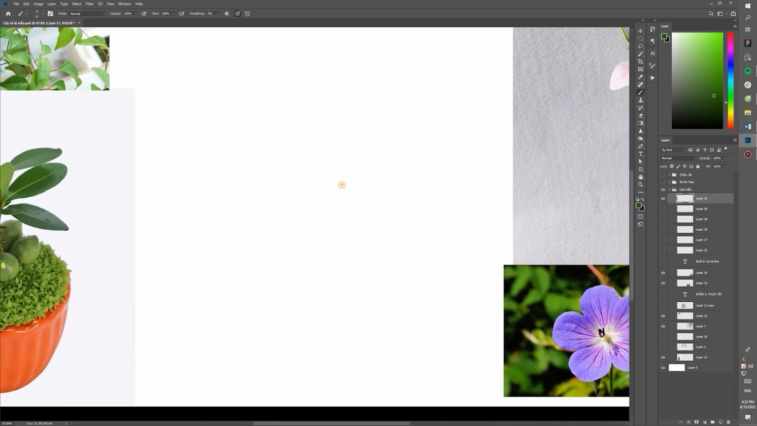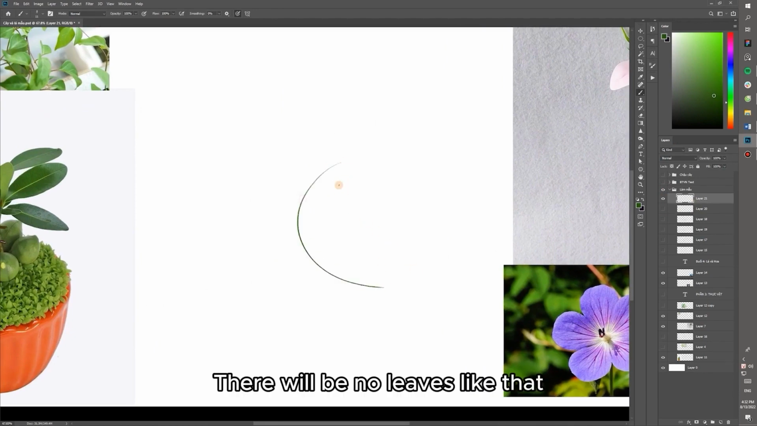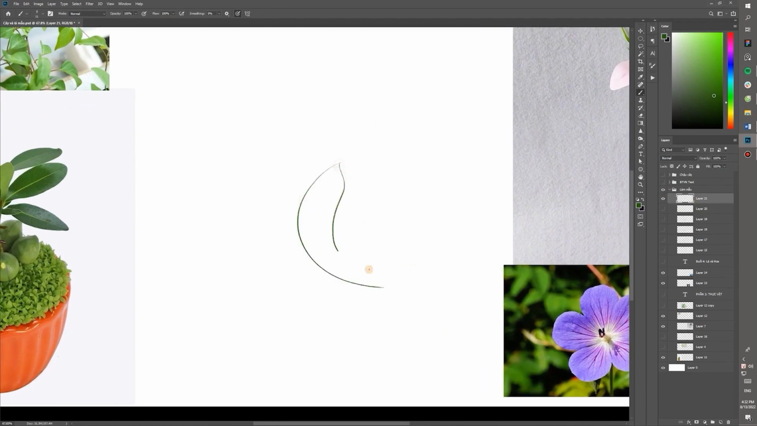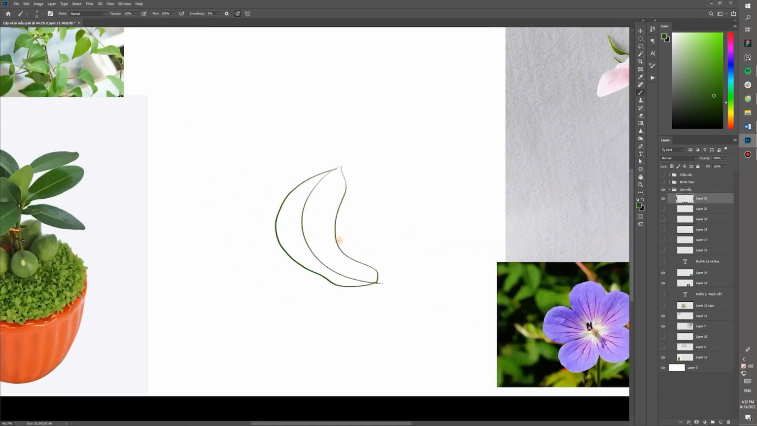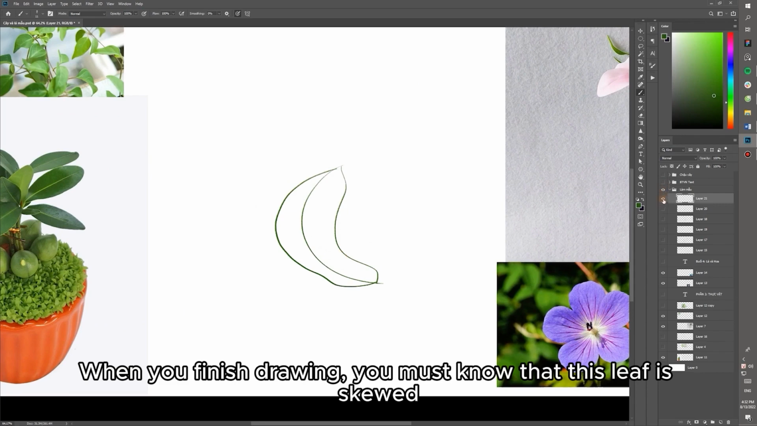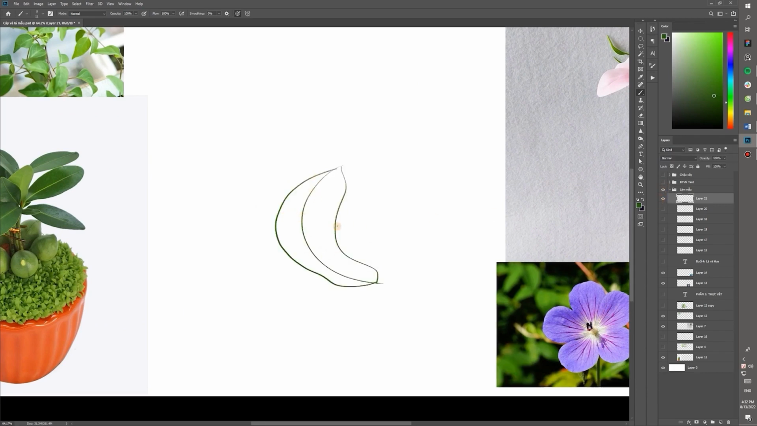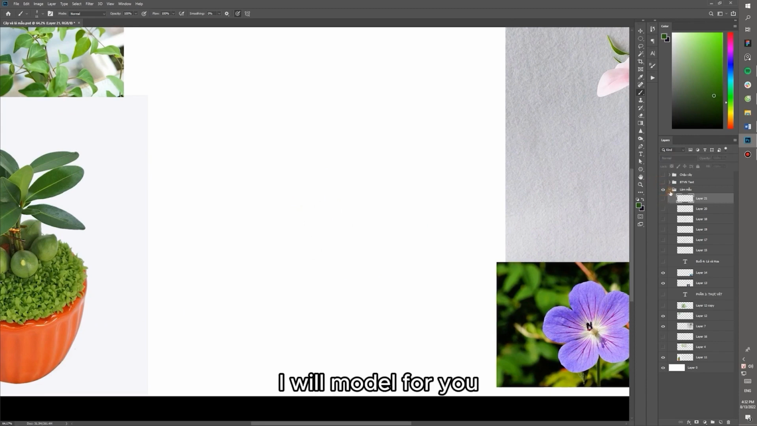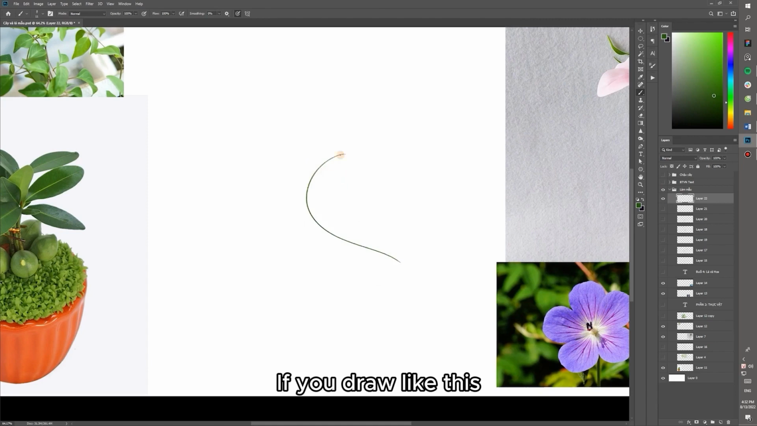Like this. There will be no leaves like that. When you finish drawing, you must know that this leaf is skewed. I will model for you. If you draw like this,